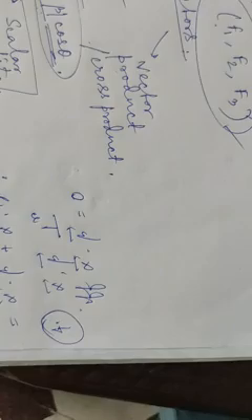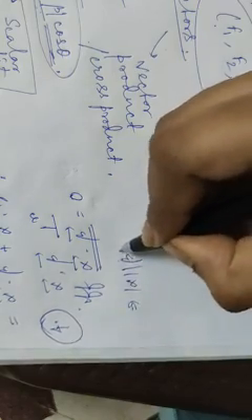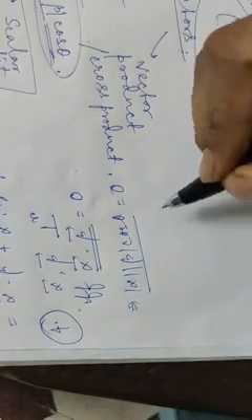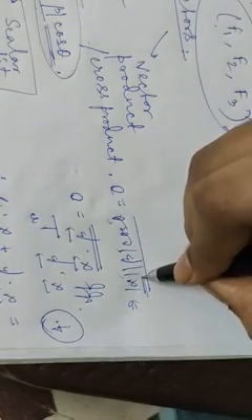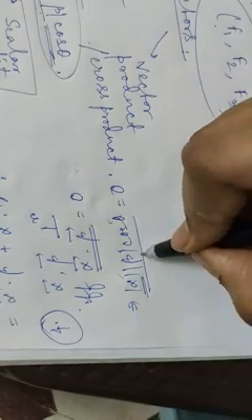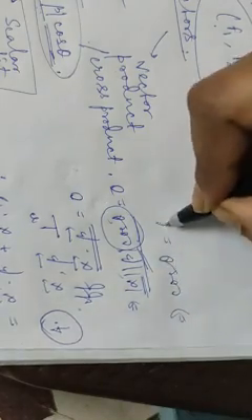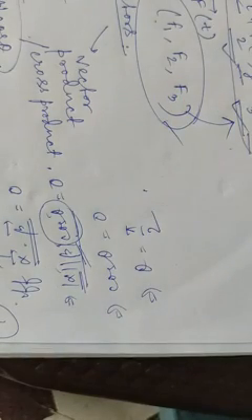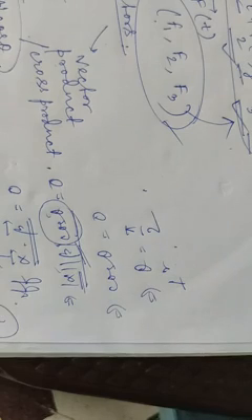The proof is very easy. What does it mean by alpha dot beta? It means mod alpha, mod beta, cos theta, right? Now this product is equal to 0. That means at least one of them is 0. Now this is a non-zero vector, so this cannot be 0. This is again a non-zero vector beta, so this cannot be 0. That means cos theta equals 0. That means theta equals pi by 2. And what is theta? Theta is the angle between the vectors. That means the angle between the vectors is 90 degrees. That means they are perpendicular. Okay.